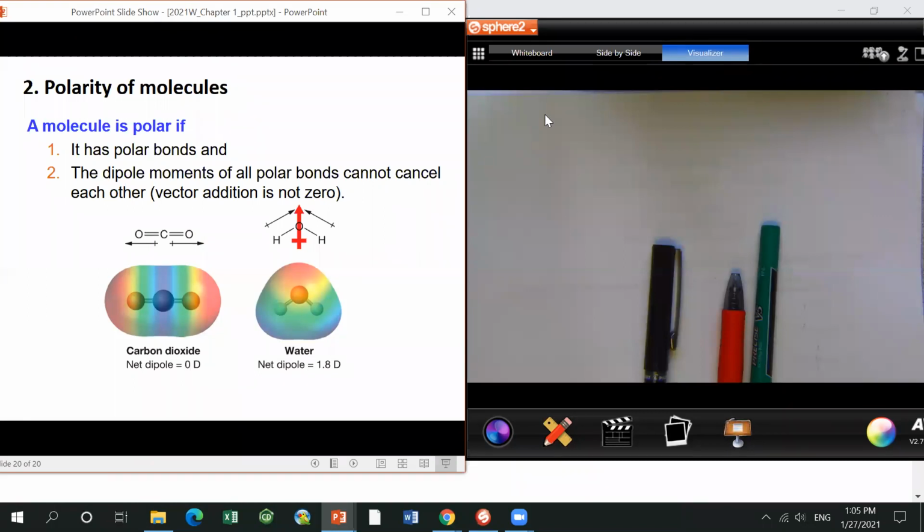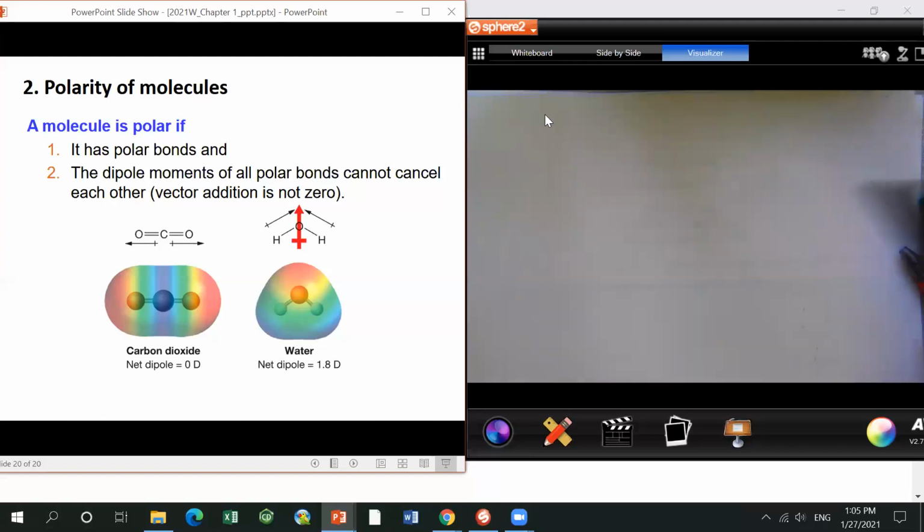Combining these two pieces of information, molecular shape and bond polarity, we can predict the polarity of the whole molecule. Keep in mind this is the polarity of the whole molecule. A molecule is polar if it fulfills the following two conditions. First, the molecule has polar bonds. If there is no polar bond, for example methane,